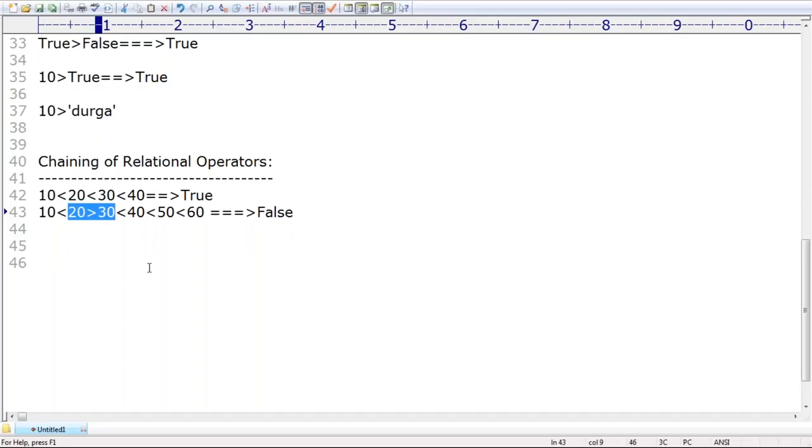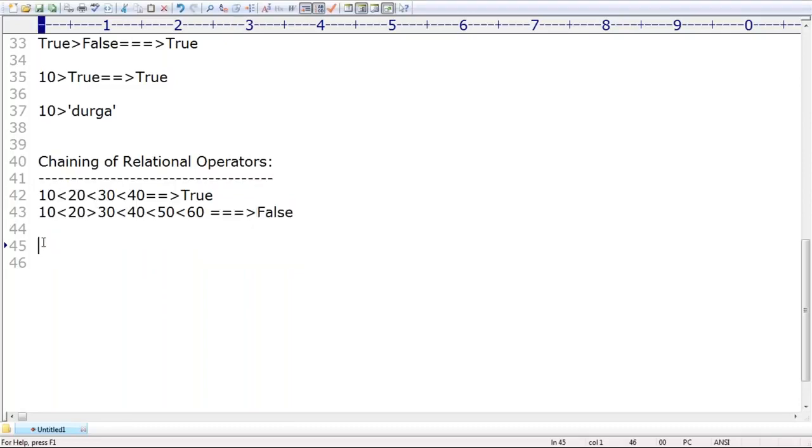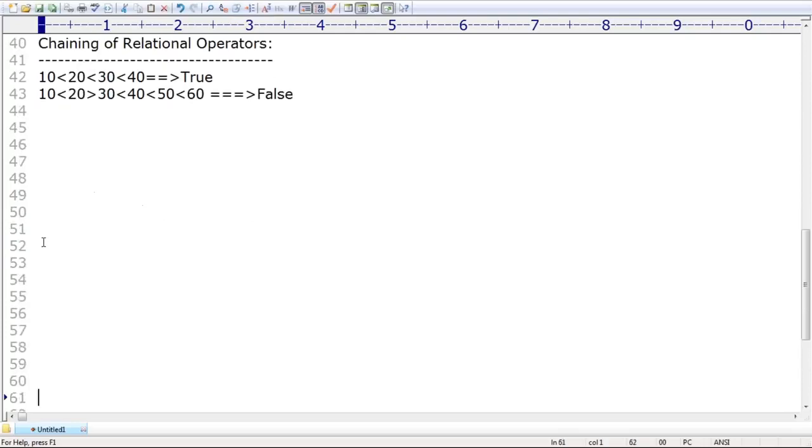The people who are coming from a Java background, by seeing these kinds of things, immediately your mind goes for an error, sir. But in Python it is acceptable. In Java it gives compatibility errors only. Remember that, sir. That's all we covered up to this point in the last session.